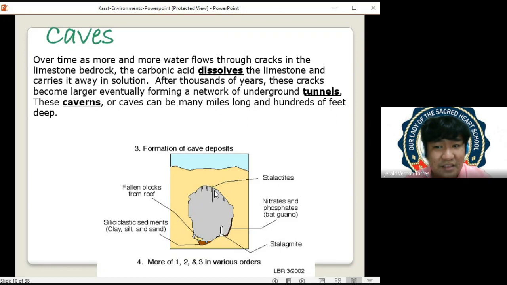So, yung calcite na nade-deposit sa taas, tinatawag siyang stalactites at yung calcite na nade-deposit sa ilalim, on the bottom of the cave, would be called as your stalagmite. The stalagmite and the stalactite. Okay, this is the stalactite. Sorry pala kanina nabaliktad ko. This is the stalactite and this is your stalagmite. Yung upright, we call that as stalagmite. Yung naka-invert, we call them as stalactites.